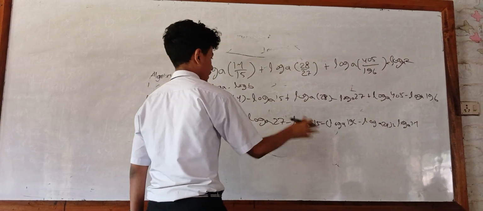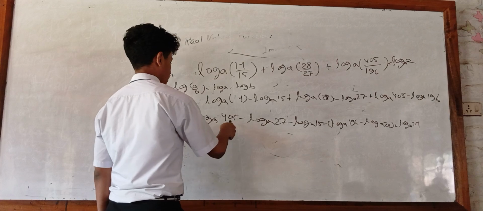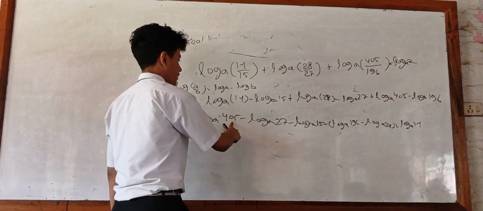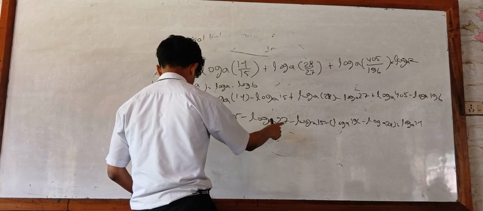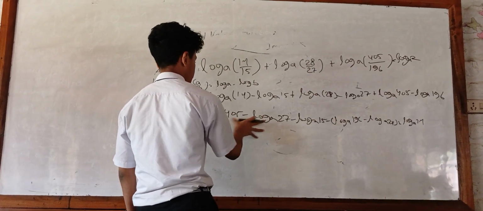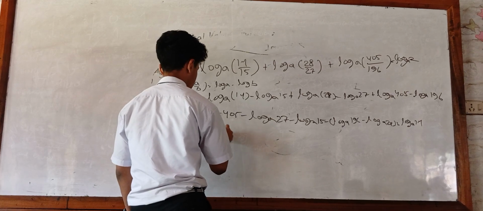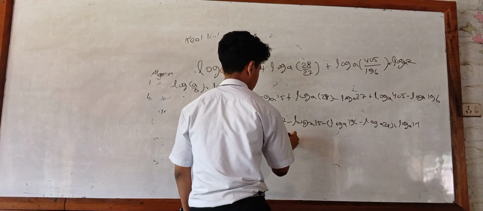Regrouping like this will help simplify this problem very quickly and easily. Now 405 divided by 27 will be 15. So we can simplify these two into log a 15 minus log a 15, and